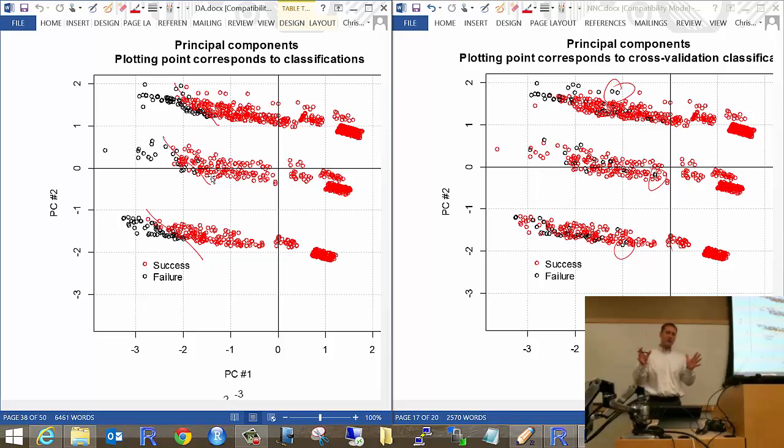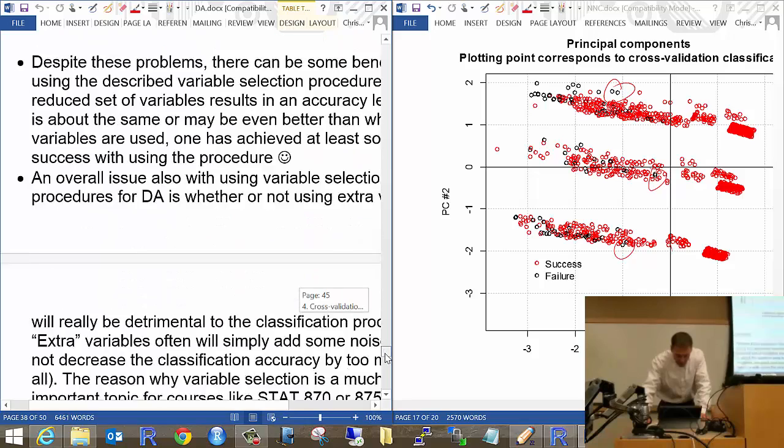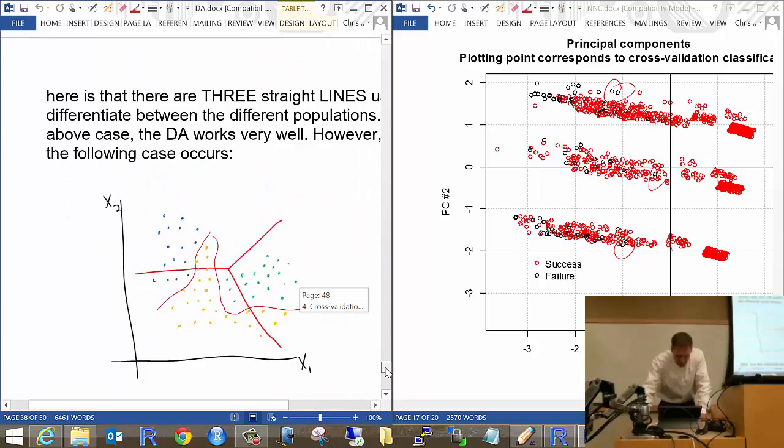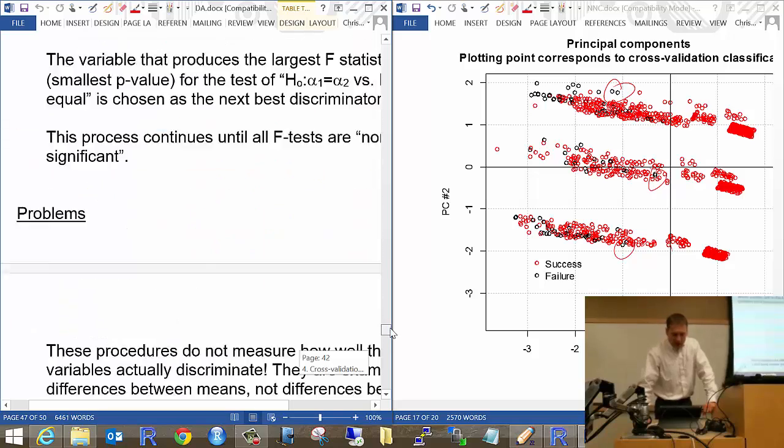in terms of the classifications. If you remember when we talked about discriminant analysis, I showed you a little plot, actually I can show it to you real quick again here. It's page 38. So if you remember, I showed you this plot when we have three different populations and how discriminant analysis works. It essentially draws lines between populations to try to come up with a classification procedure. And you can somewhat see that then